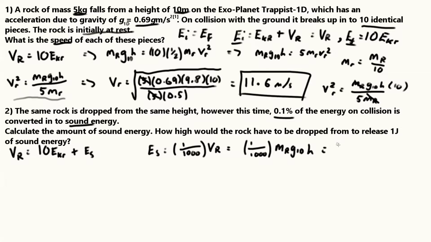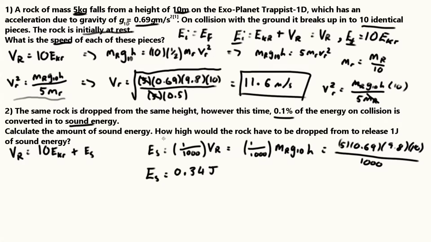If we sub in all our values, we get 5 multiplied by 0.69 multiplied by 9.8 multiplied by 10, all divided by 1000. And we'll get that ES is equal to 0.34 joules, 2 decimal places. And then the second part of this question is how high would the rock have to fall to release 1 joule of sound energy? This is very simple. We simply take our equation that we had before, which is ES is equal to mr g1dh all over 1000, and then rearrange for the h, which is h is equal to 1000 ES over mr g1d,